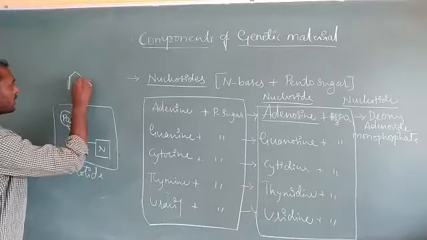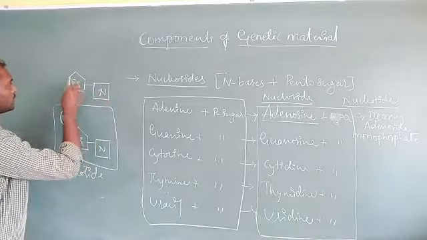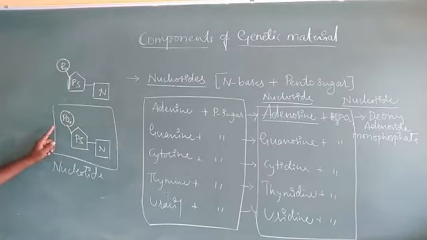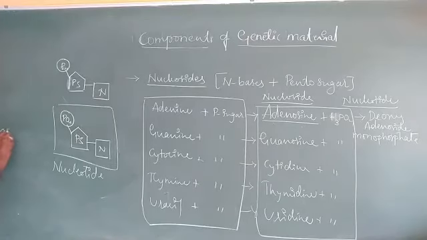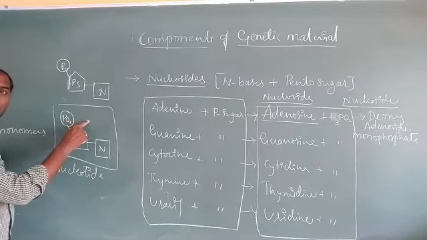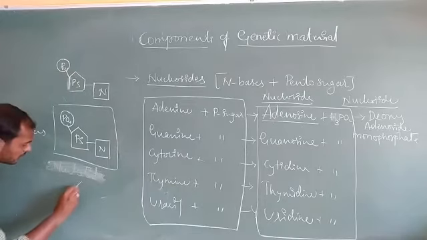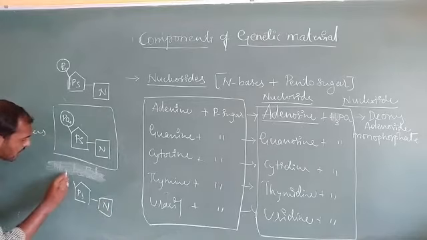Very interesting. Look at this. That is one more nucleotide. One more nucleotide. So like this, one above the other, these molecules are what we call the monomers of the DNA molecule. You can see many molecules one above the other. Each has the pentose sugar, the nitrogen base, as well as the phosphate.